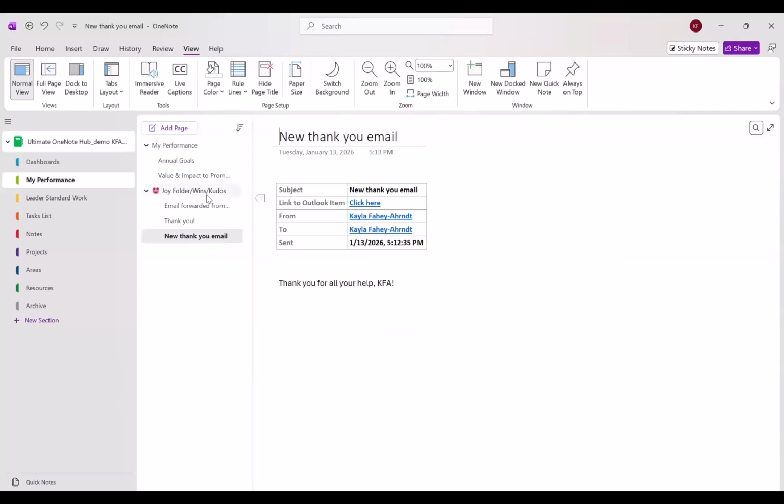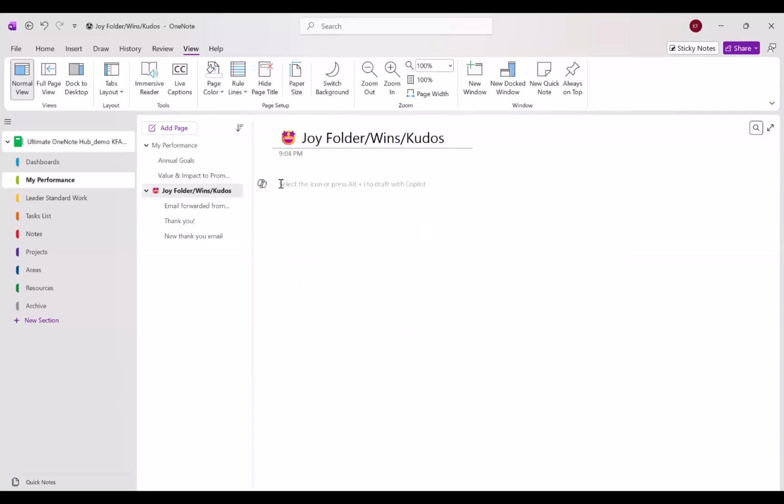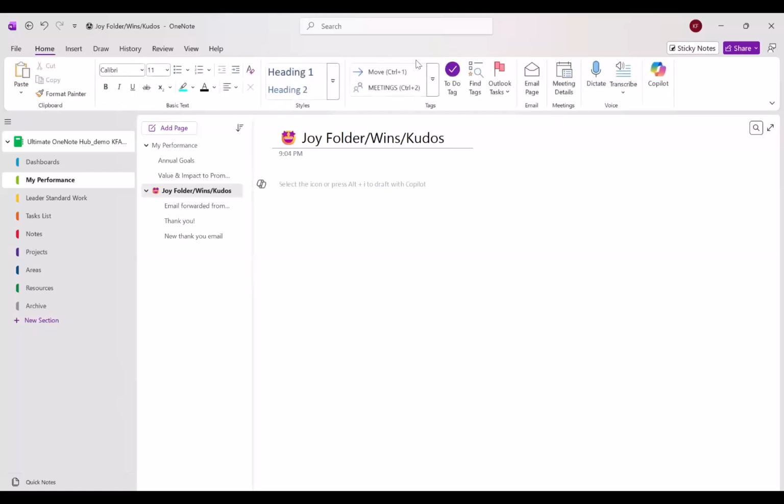Besides email, you could just straight up type in here. So I had this template in one of my previous versions of this that was on paper. It was similar. It was a Leader Standard workbook. And I had a page just called Big Wins. And you can literally just come in here and type something that gave you joy, right? So it could be a team member win, right? Observe team member